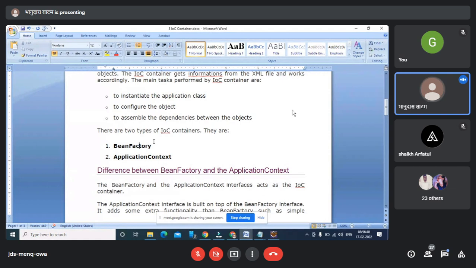So you have to prepare yourself. So people may ask what is IOC container. So you give the full form and what different types of IOC container Spring has. Then you give the names as bean factory and application context. Okay, so it's a 3-line code,